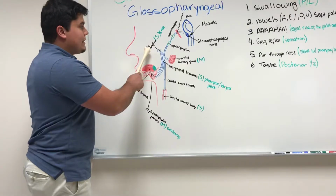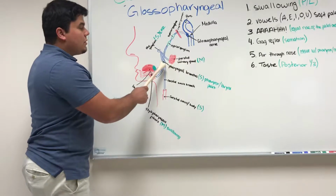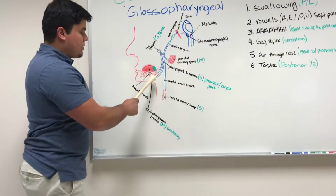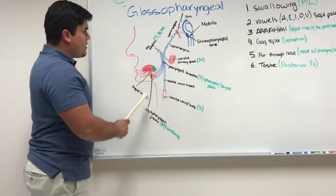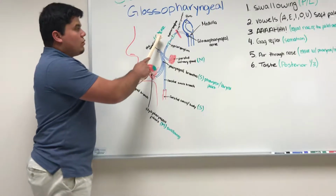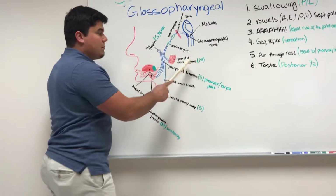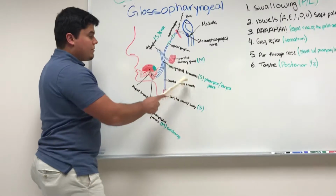One will be the otic ganglion and parotid salivary gland, along with the branches of the pharyngeal, as well as the lingual branch that comes off of the pharyngeal branch, and then the stylopharyngeal fibers. From the otic ganglion, like was mentioned before, we'll receive sensory information from the ear. The parotid salivary gland will receive the motor, and the pharyngeal branches will receive the sensory from the pharynx, which